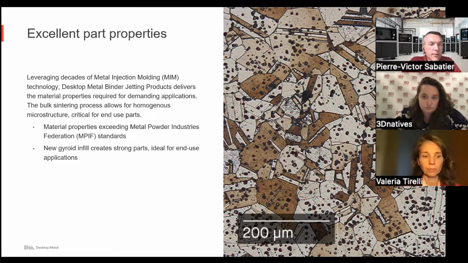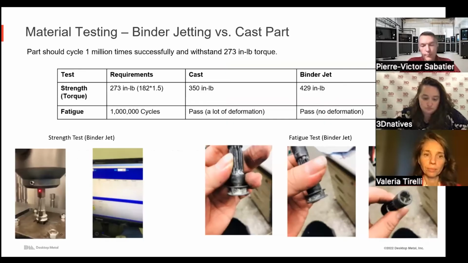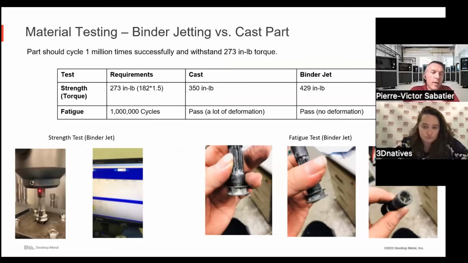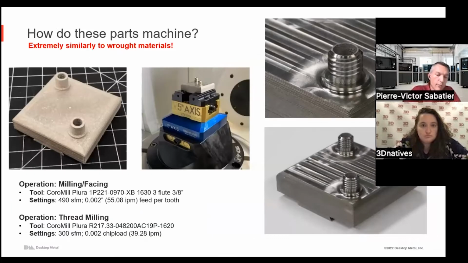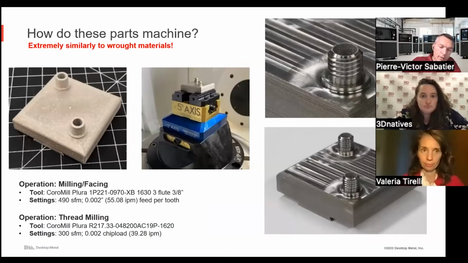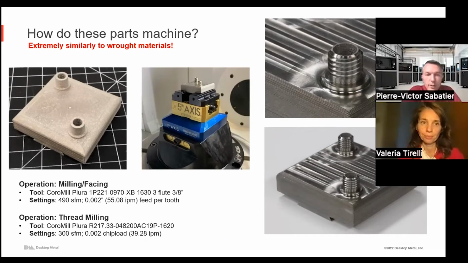On the next slide, you will see also that many tests have been done, and sometimes many people don't know that it exists, but we have done some tests to compare the properties of our parts compared to casting, for example, or machining or forging. And on the next slide, you will see also that we do a lot of tests to show that with our metal parts, you can do the same thing as on a CNC part, meaning you can mill the part, you can weld the part, you can apply heat treatment, post-treatment, finishing solutions.